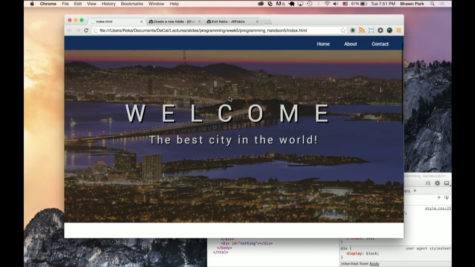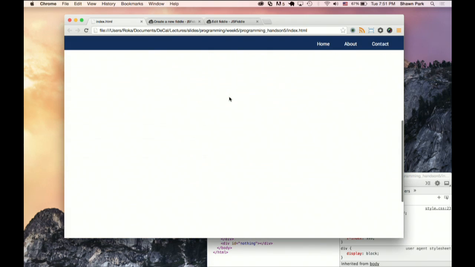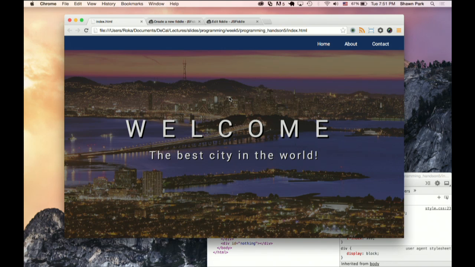Yes? What are the common practices for z-index? Like 999, I feel like it's kind of arbitrary. Yeah, I think it only goes to like 999. I'm not sure, but that's like the maximum value.